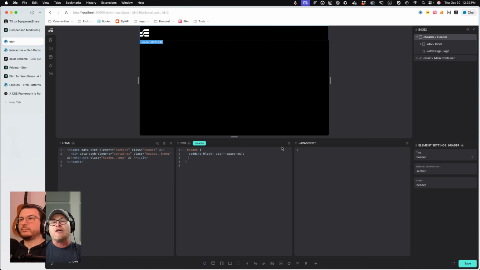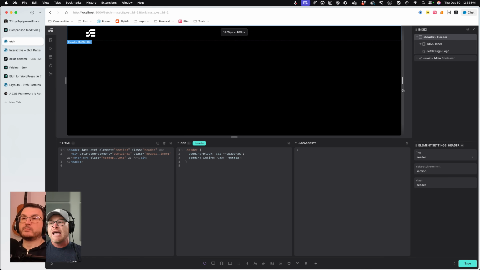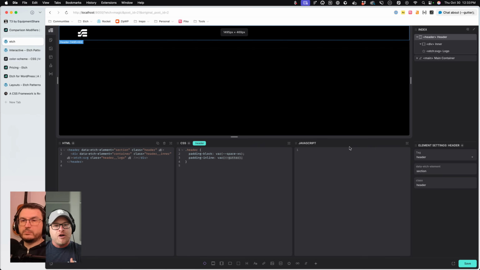So I'm just using normal spacing. I need my gutter now. How do I get my gutter back? It's as easy as going, hey, I need padding inline that's equal to my gutter. And now I have that exact same gutter. It's going to match every other section. And I don't care that it was 80 or 16 or what the clamp function looked like. I don't care. I just know I want my gutter. I ask for my gutter. I get my gutter. That's it. And I move on with my life. And this happens all throughout an entire project build. There's no thinking anymore. You're just dropping tokens in wherever you need them, and they just do all the work behind the scenes, and you can tweak them later. It's insanely flexible, right? That's a perfect example right there.